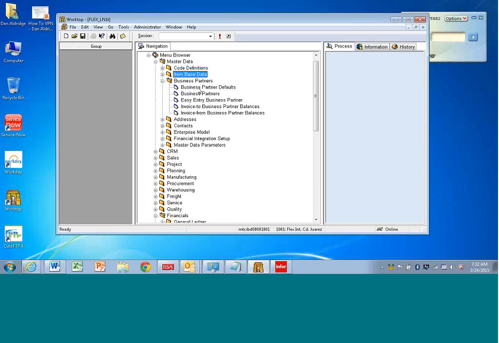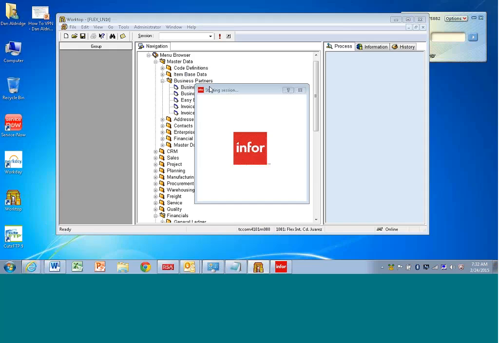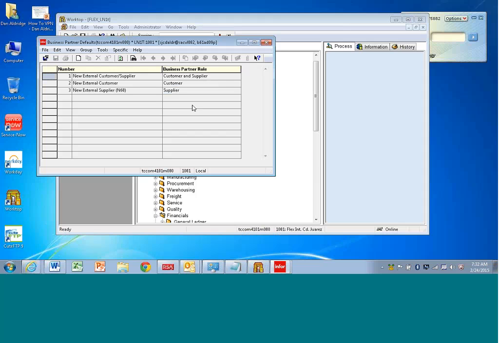Okay, so this is something pretty cool. There's a new easy entry functionality for business partners. What that means is you can set up some minimal data and you can very quickly create a business partner out of it based on defaults. So you see here I've set up several defaults